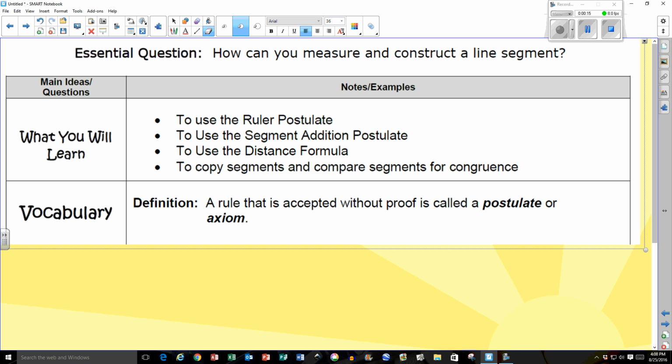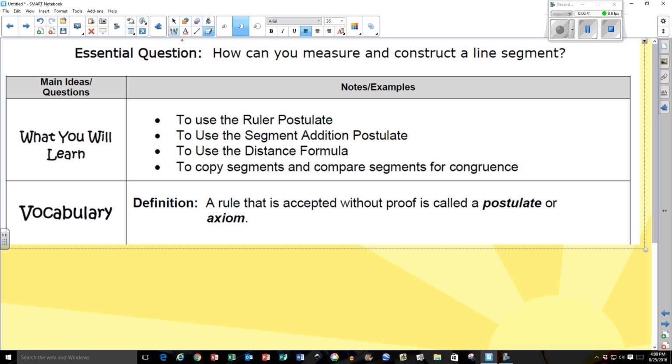the essential question is how can you measure and construct a line segment? So we're going to use the ruler postulate. We're going to use segment addition postulate. We're going to use the distance formula, which you'll be receiving your formula charts today, and copy segments and compare for congruence. So vocabulary, the first definition, a rule that is accepted without proof is called a postulate or an